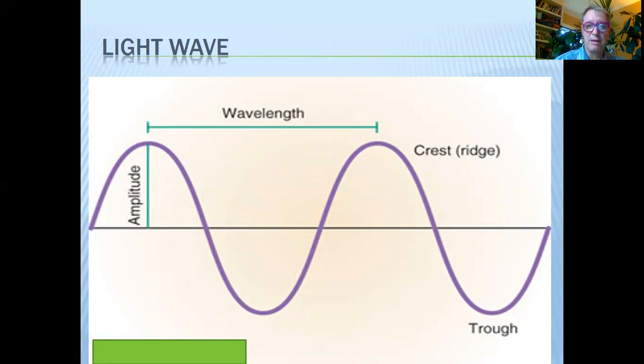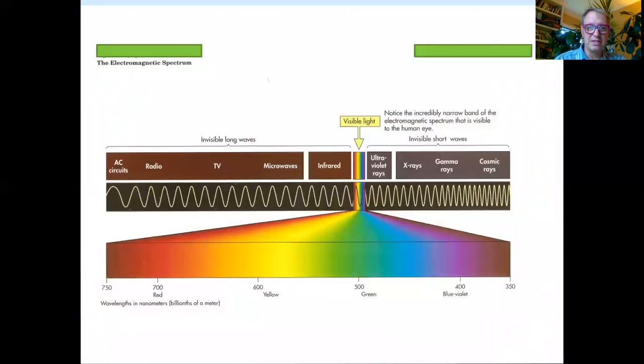And if you think about light, that is one part of the overall electromagnetic spectrum, which is everywhere in the environment. So if you look at this, this is the electromagnetic spectrum. Visible light is only a portion of that. It's basically the wavelengths of the electromagnetic spectrum that go from 750 to 350 nanometers, which is a very small unit of measure. But also within the electromagnetic spectrum are microwaves, TV waves, radio waves, X-rays,